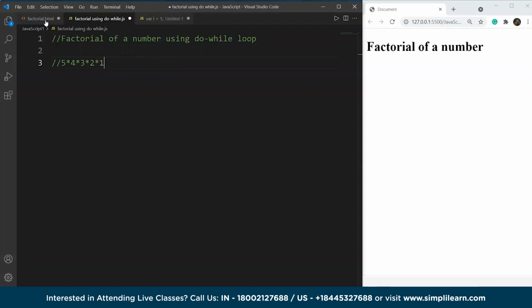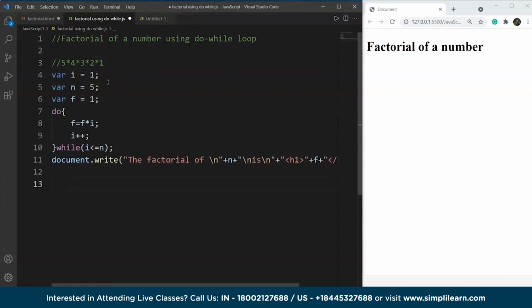This program is pretty simple compared to the previous two we did. So this is a small one too. Let me take you through this. Here we have the program, and here we have three variables, right? We have a variable I, which is initialized as 1. Then we have a variable n, which is 5. And then we have a variable f, whose value is 1. F is for factorial, n is for the number we want to check the factorial of, and I is for